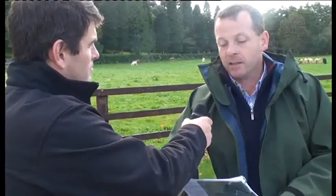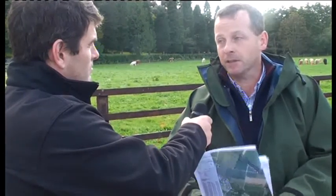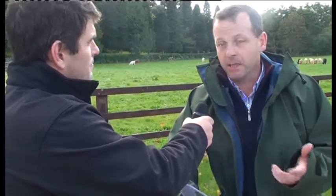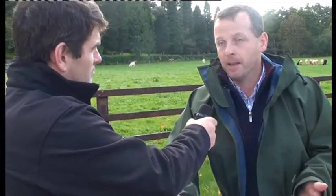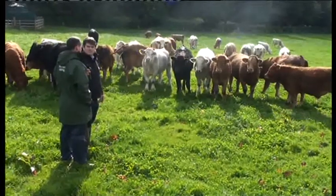In the event that there are numbers on the profile that we don't have passports for, we'll have to investigate fully to see what's happened to those tag numbers. There may be animals recently sold. Where we have surplus passports, we'll just have to establish if the animals were recently purchased or why they're not on the profile. Having checked all the passports, then we'll proceed with the farmer to look at the animals in